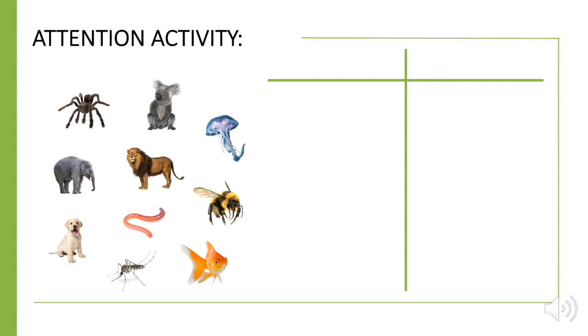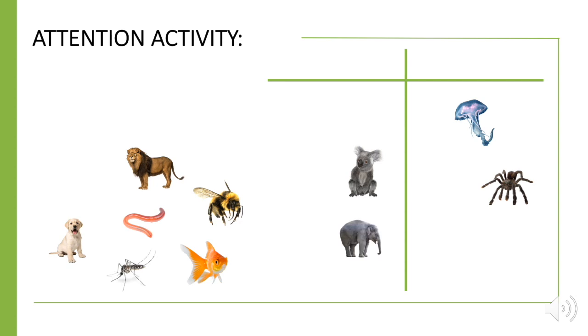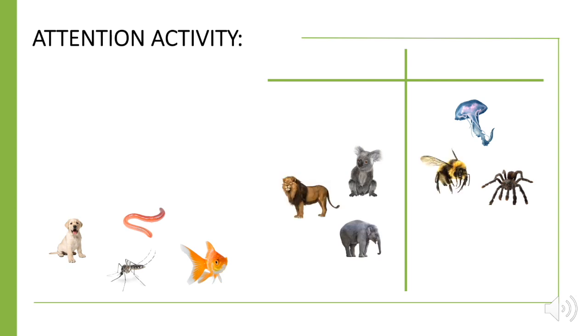As I move these little animals, this might be a little elementary for you, but I want you to think about why I'm putting them on one side or the other of this T-chart. And just think of your reasons. I'm going to move the jellyfish over here to the right side, and the koala bear to the left, and the spider goes to the right. Elephant, lion stays on the left, and the bumblebee on the right, and the worm on the right,